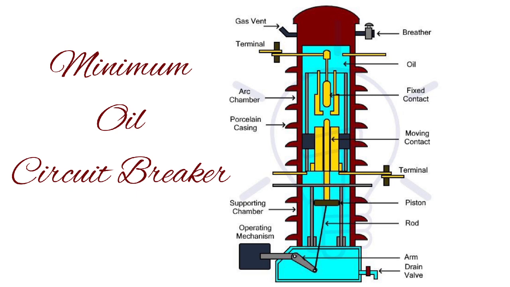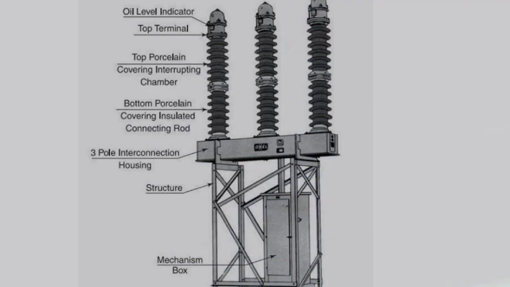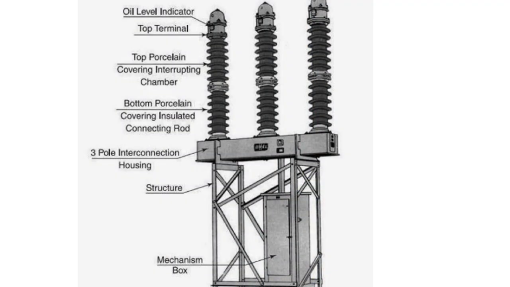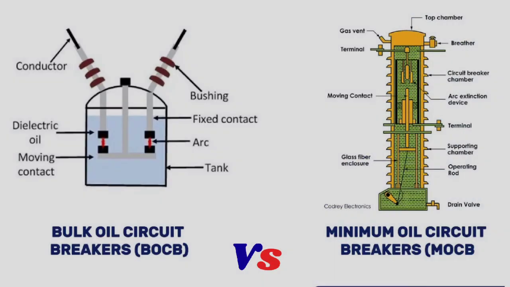This design is more compact and efficient, making it suitable for medium voltage applications. The reduced oil volume reduces the risk of fire and oil leakage occurrences, and the smaller design makes it easier to install and maintain. One of the key differences between the bulk oil circuit breakers and minimum oil circuit breakers